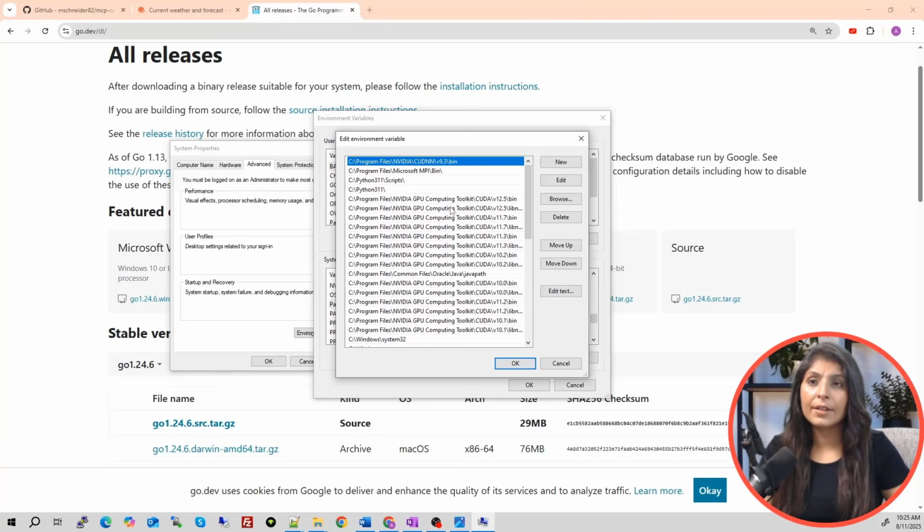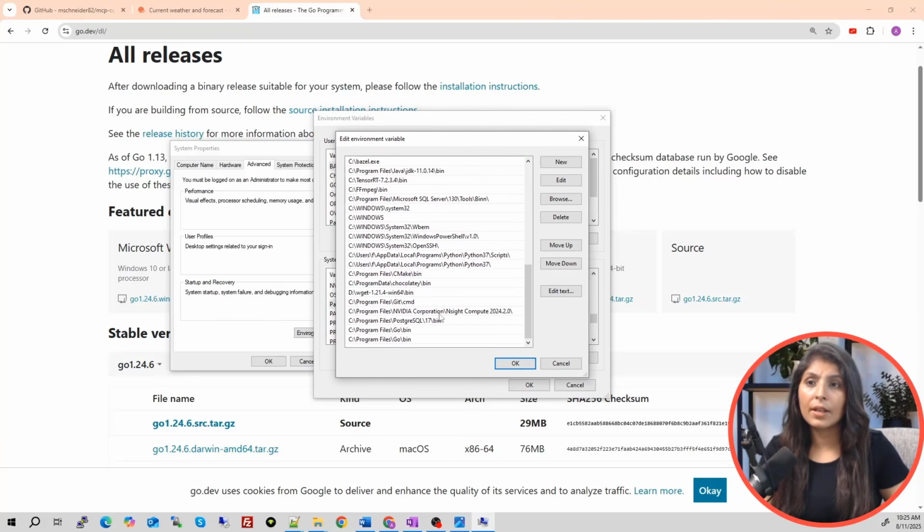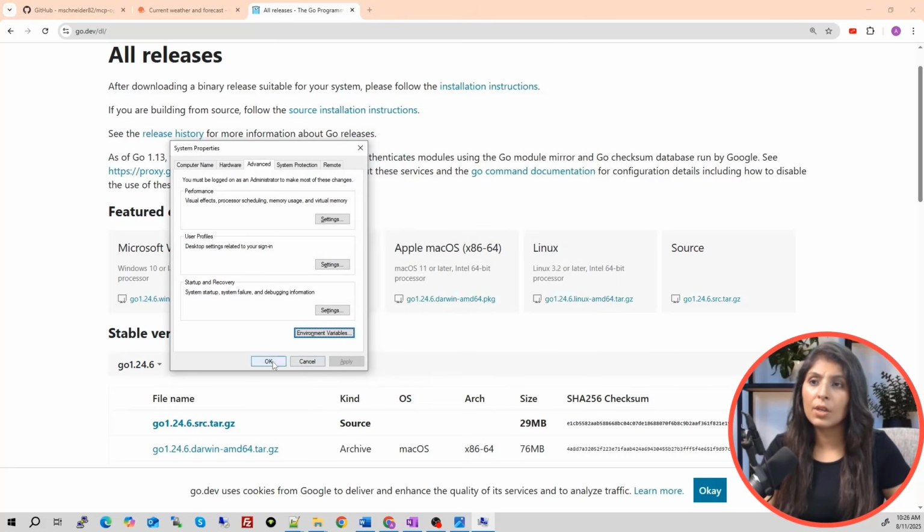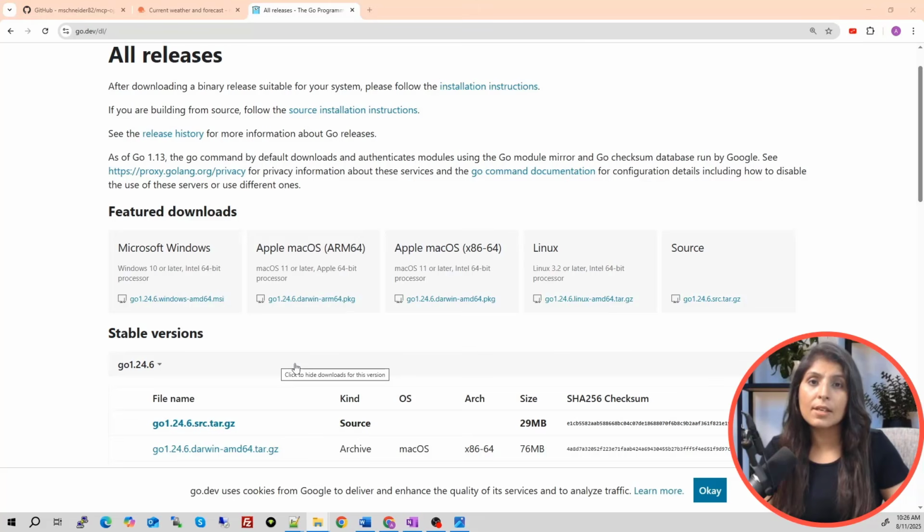When you click on edit, scroll down, and at the end you will see the path of the bin folder of Go. See, Program Files, Go and bin. You have to add this path. I have already done this step, so you will do it. You will click on new, and then you will paste that path over here. Then you'll click on OK, and then OK, and then OK. So these are the steps you need to perform in order to install Go.